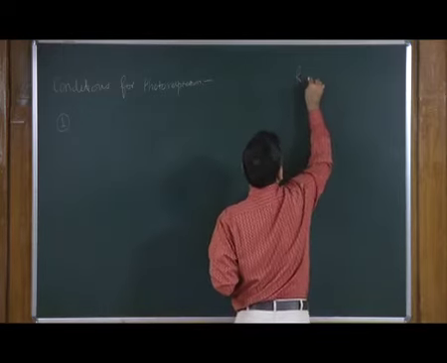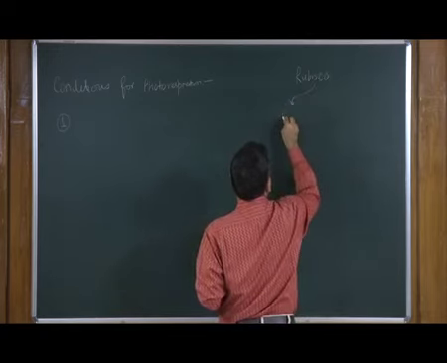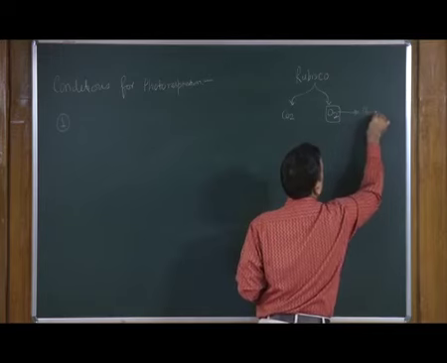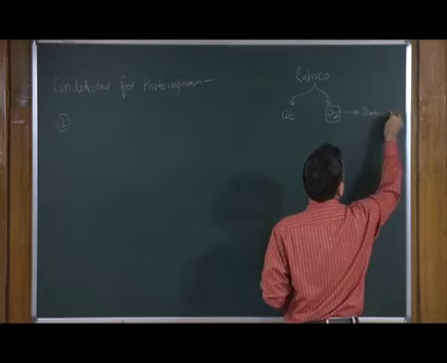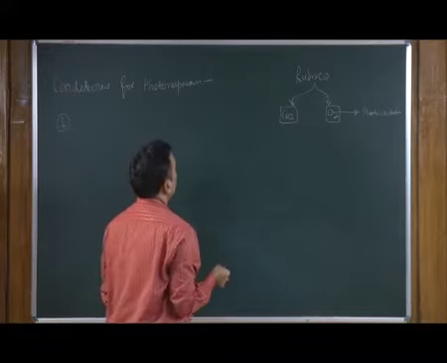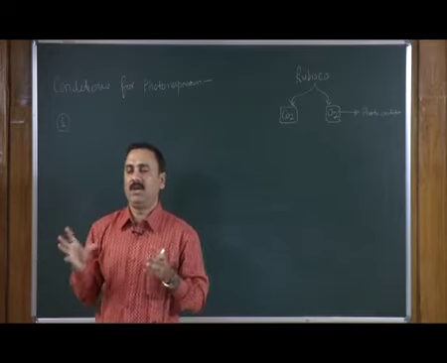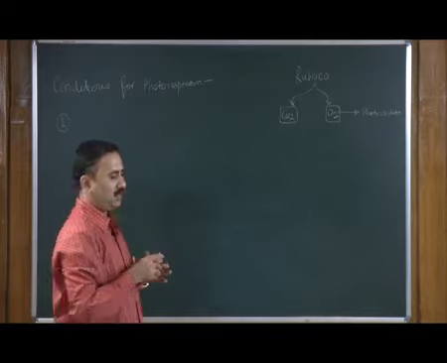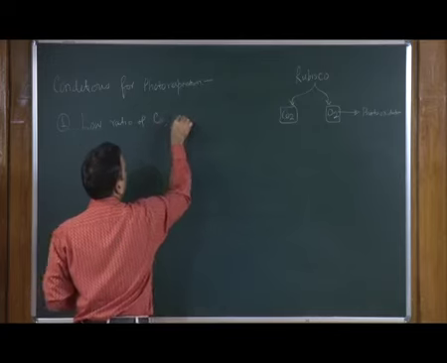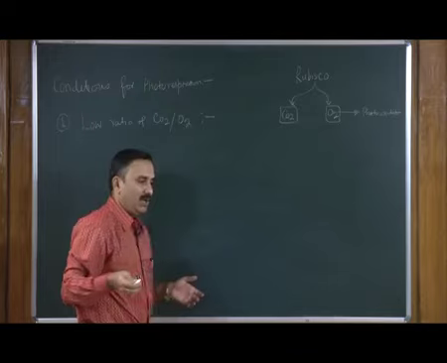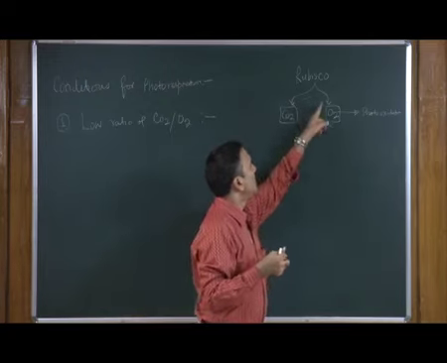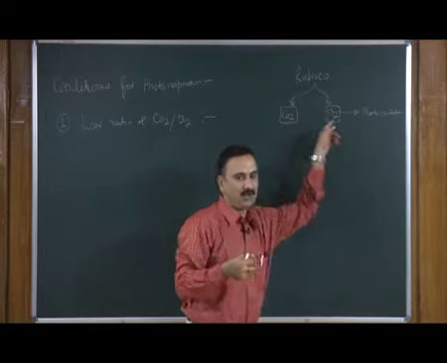As we discussed, Rubisco accepts carbon dioxide, and it also accepts oxygen, and this is the photo-oxidation. So, the first parameter is a very low ratio of carbon dioxide to oxygen. There is an optimal ratio, but if there is a high quantity of oxygen in the environment, that will drive Rubisco to go for the photo-oxidation pathway, meaning this degradation pathway. Number 2,